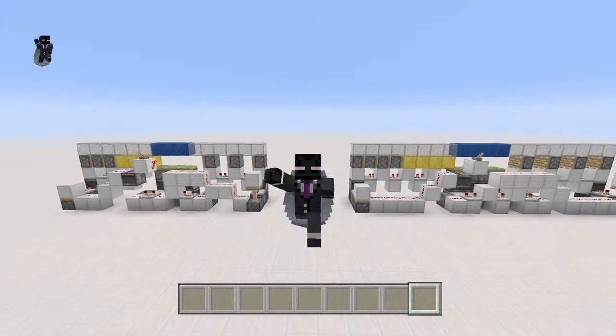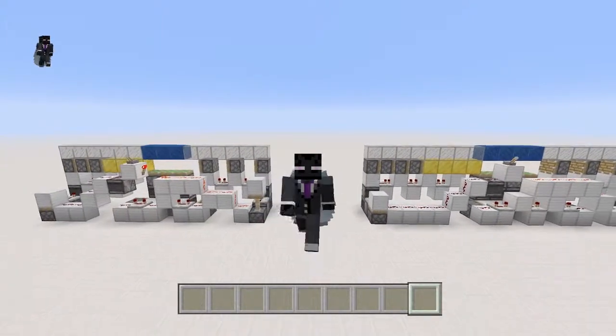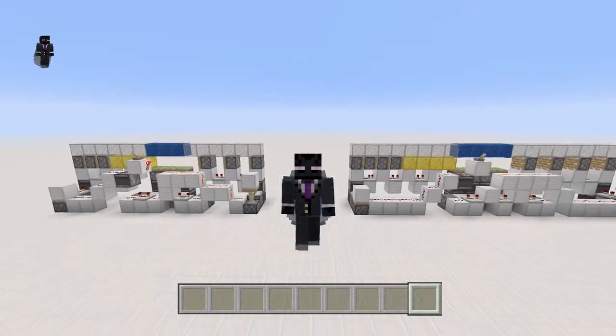Today guys, I'll be showing you how to make some 3 block wide and 4 block wide changing floors in